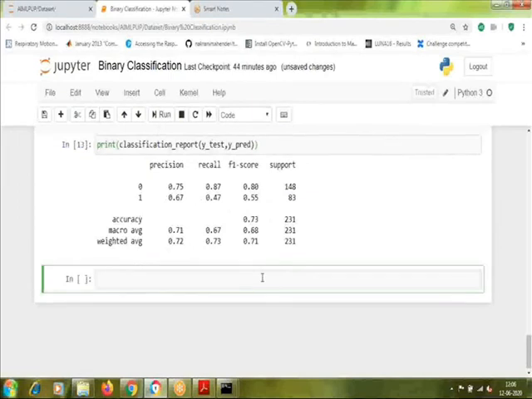The same way, now we are going to import k-nearest neighbor, KNN, from scikit-learn.